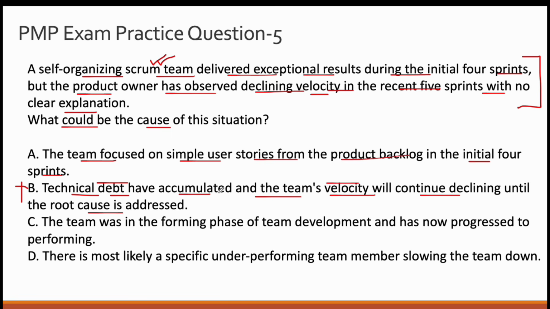The nice part about option B is that if you understand technical debt in its entirety, you will know that technical debt impacts velocity as well. As technical debt grows, it slows down future development because developers spend more time fixing bugs or navigating messy issues. Now if you just link that, okay, I have read somewhere that technical debt impacts velocity, and the question stem mentions a declining velocity, so option B is correct,